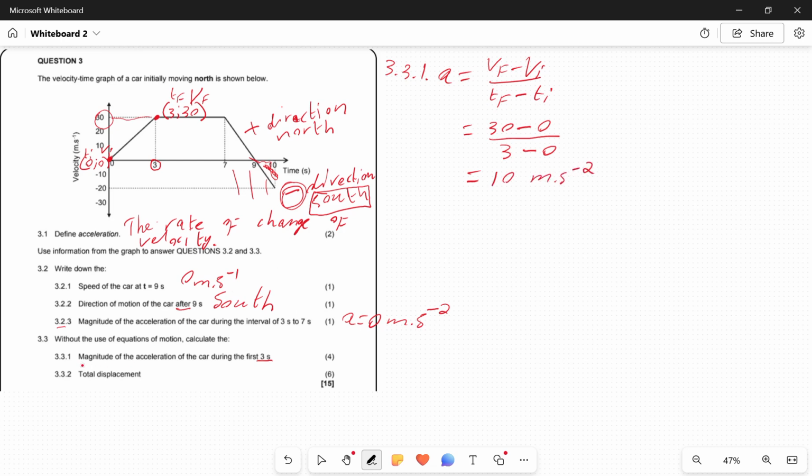Okay, they said we must find the magnitude. If they say find the magnitude, it means direction is not considered. We don't care about direction. I hope you understood that. Now we move on